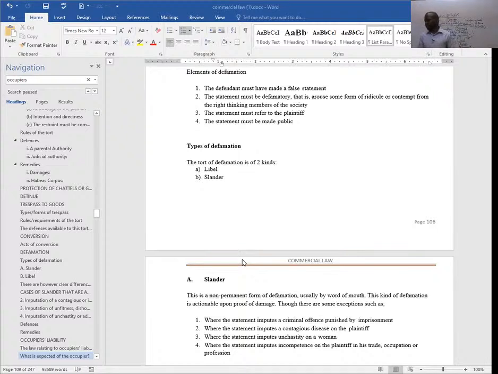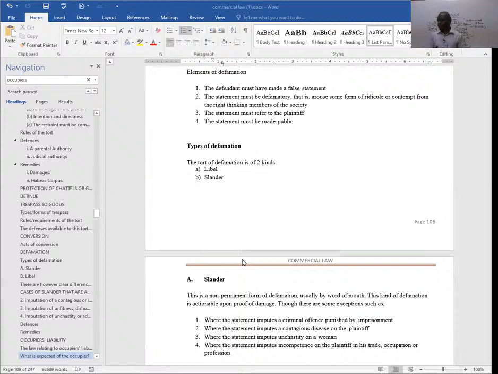So that's what they're saying. This kind of tort is only actionable, it can only be brought before a court of law, in case there is actually some form of proof of damage. So you must be able to prove that there was damage or an injury caused to the other party, the plaintiff, before you can bring before the court of law an action known as defamation by slander. Although they are saying in exceptional circumstances, there's no need to prove there was actually damage. You can always bring a case before a court of law.